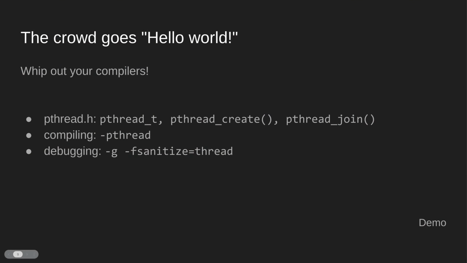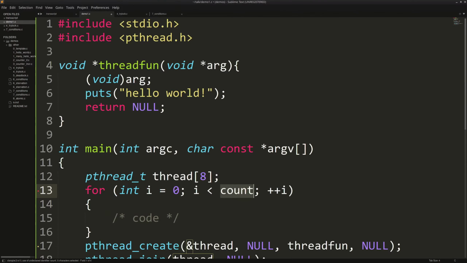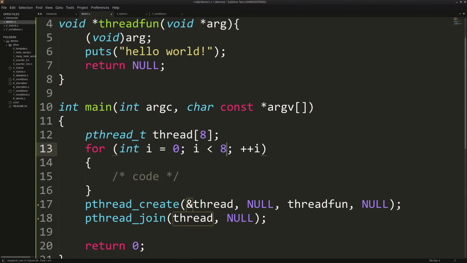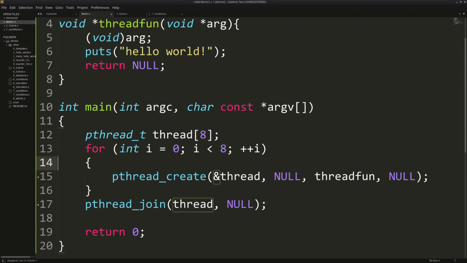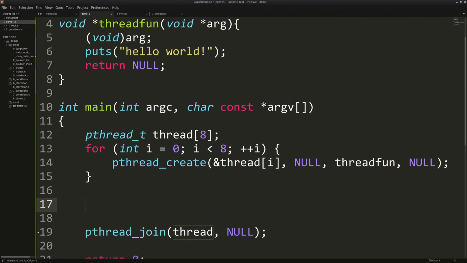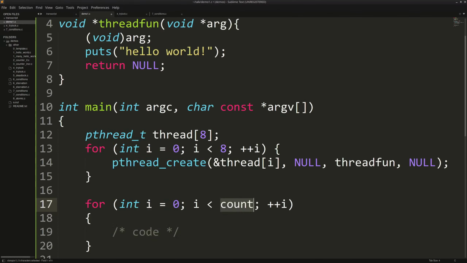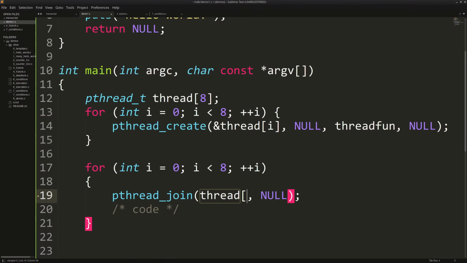Too many open windows. Oh, actually, there's not much point to creating a single thread, right? So let's have some fun. Let's make this an array of 8 threads, and let's wrap our creation in a for loop. We're going to lift that in there, delete that, and since we are now accessing an array of threads, we also have to do that correctly, and we also have to join an array of threads. So why is it not auto-completing? Here we go. I'm going to join, there we go, join thread number i,